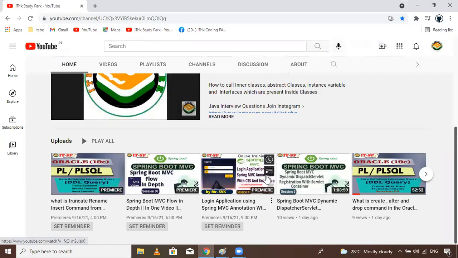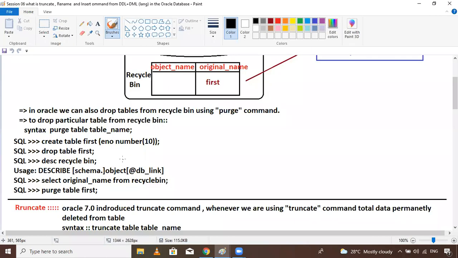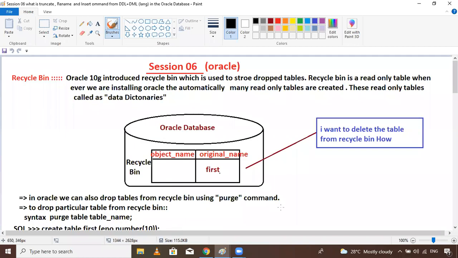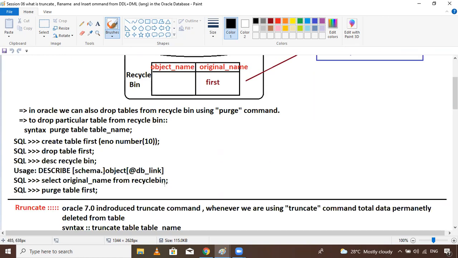All these courses are going on parallelly, so don't worry. Now let's see, one time I want to revise for you guys. What is recycling? When you delete an object inside the database, the Oracle database has a recycle bin concept, and the deleted table is stored inside the recycle bin. Then you can retrieve the deleted table by using the flashback command. Flashback is the command to retrieve the data from the recycle bin.